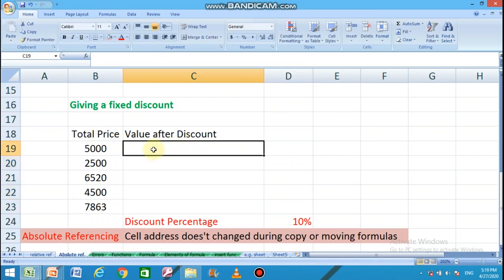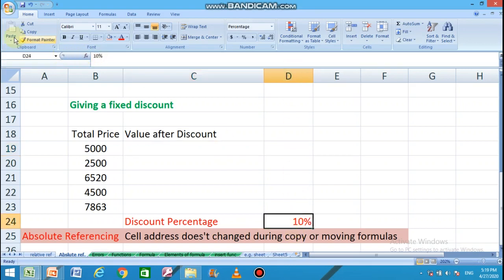let's see, we have to find a discount value on this total price, but the discount value is the same, that is 10%. It means for all these cells we have to find the discount at 10% only. So here we need to make this cell value absolute. The address of this cell is D24.